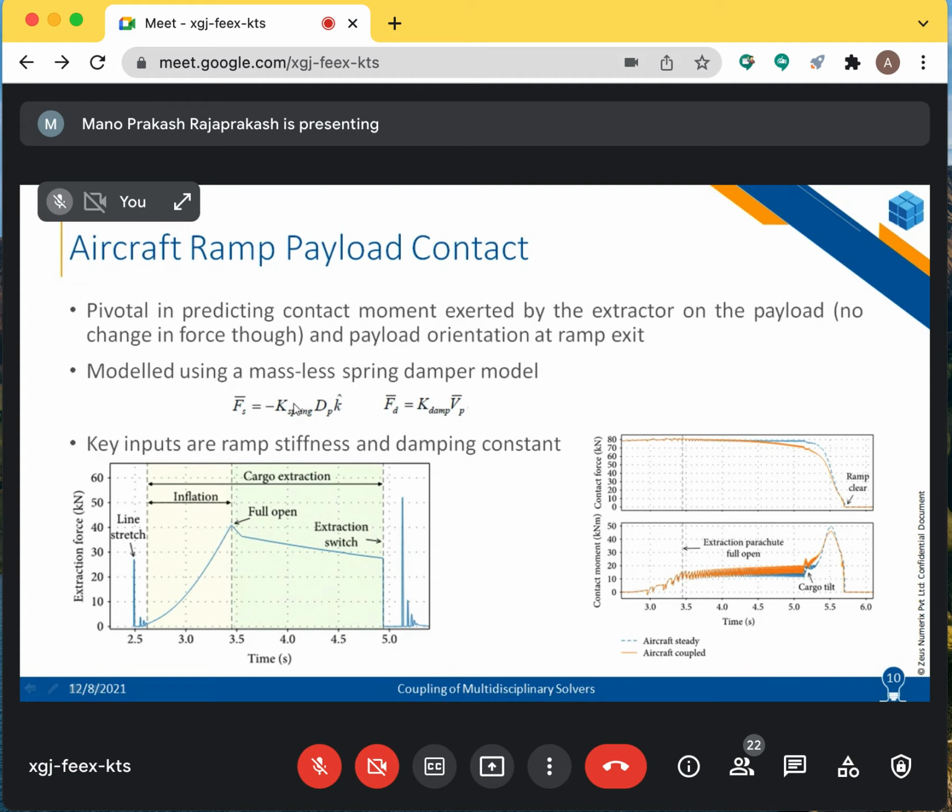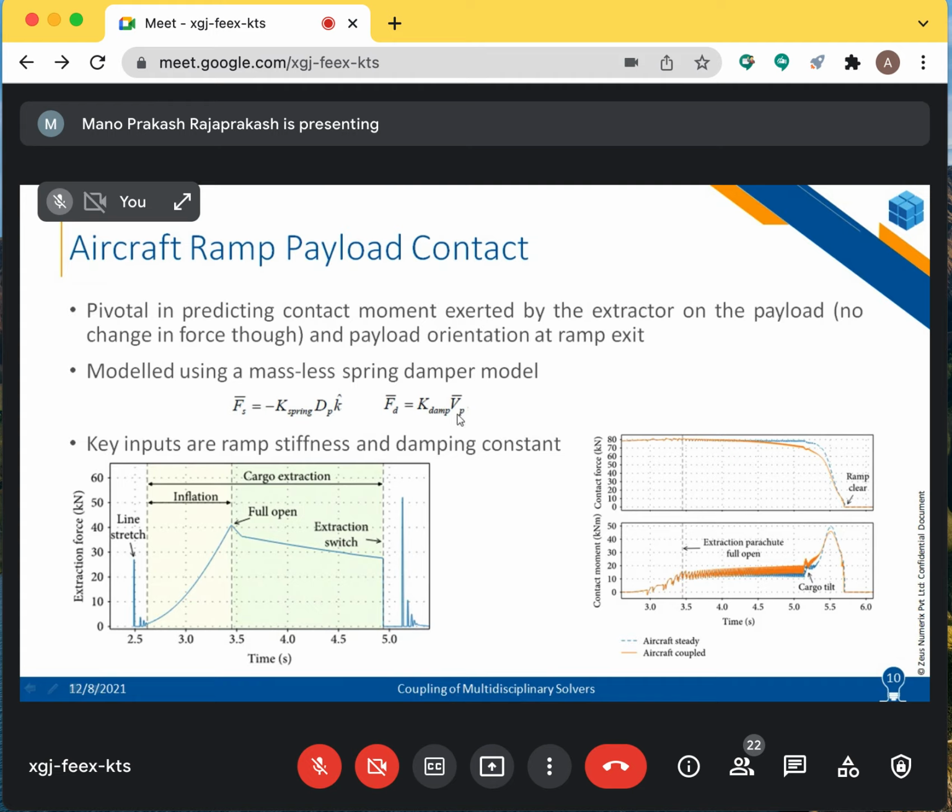Whenever a penetration happens, say in the positive z direction, assuming positive z is downwards, there has to be a reaction force in the opposite direction, and that is modeled by this damping force model. For my spring, I need to know the penetration depth, and for the damping force, I need to know the velocity at which this penetration has happened. With this information, I'm going to ultimately calculate my contact force.